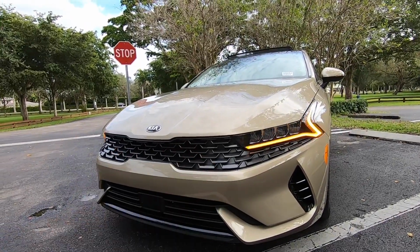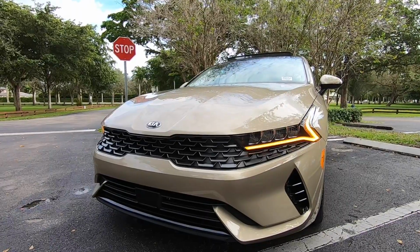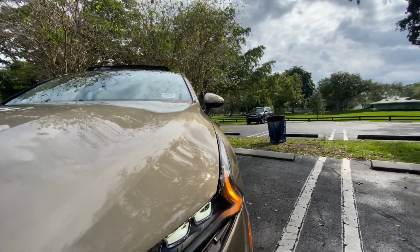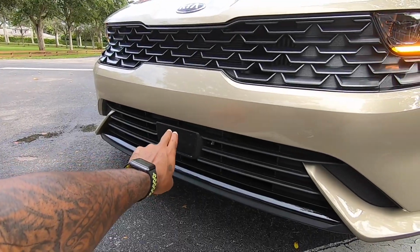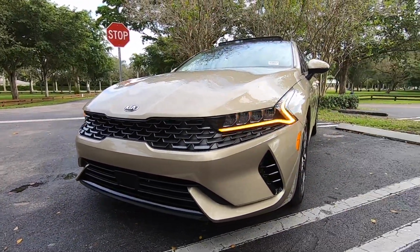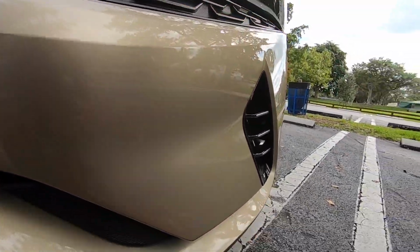I like the front fascia here of the Kia. I mentioned this in the previous videos that I showed you guys before. My tester does have full LED headlights with an automatic low and high beam, with an LED turn signal, with an LED daytime running light. Looking here at this little gloss square piece, this is for the driver's assistance. There does have adaptive cruise control with stop and go. My tester is missing LED fog lights here, and there's an actual opening to put an air curtain over the